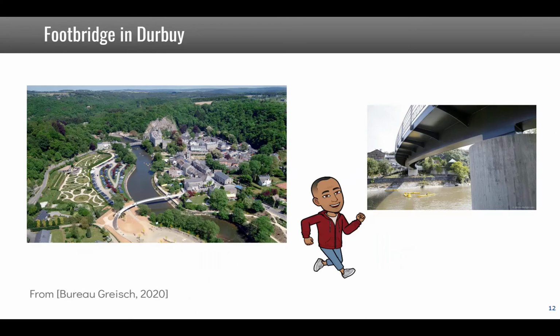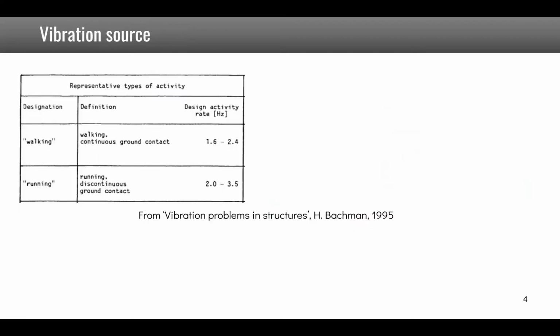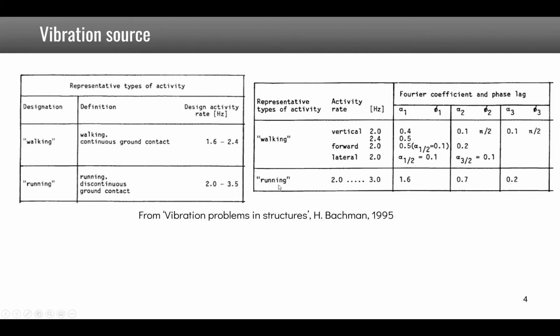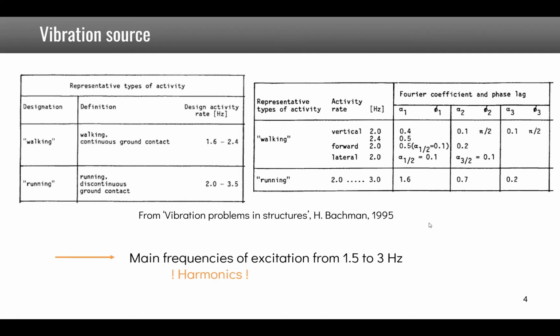The first example of a pedestrian bridge is this footbridge in Derby in Belgium. We have discussed that the main source of excitation for pedestrian bridges is pedestrians walking or running, and you see here that the main frequency of excitation for walking is around 2 Hz, and for running can be slightly higher. But there can also be some harmonics, so if you are walking at 2 Hz, there is also the presence of second and third harmonics, which are at 4 and 6 Hz. So mainly the excitation for pedestrian bridges is from 1.5 to 3 Hz,